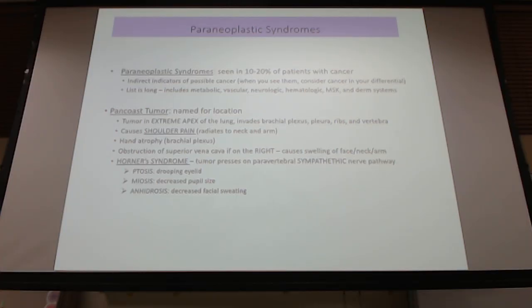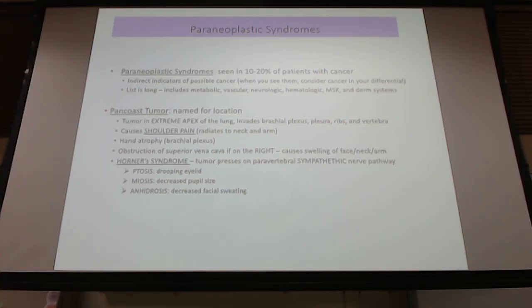MRIs of the shoulder, they're in PT for 6 months. The shoulder's not getting better. Oh, by the way, the MRI is completely normal, but they're still getting this pain. Oh, by the way, they're losing weight, they're having night sweats, etc. This also can translate if they have interference with the brachial plexus. They can start having, in addition to that shoulder, hand and arm symptoms, they can have atrophy, and then sometimes because of that location, they can actually impair the venous return of the superior vena cava, and